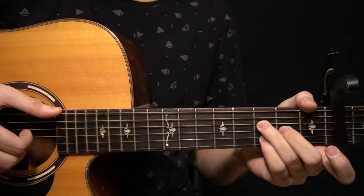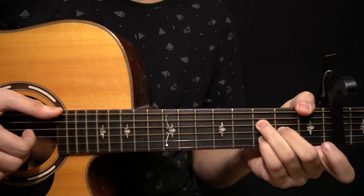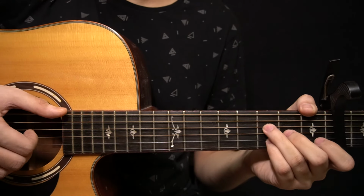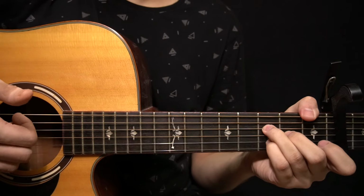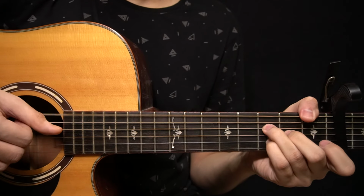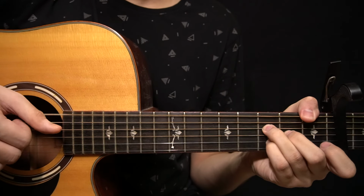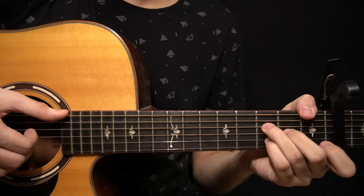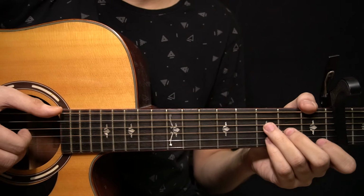So there you change the chord to this, where you're playing the first fret of the low E string with the thumb, the third fret of the D string, second fret of the G string, and the third fret of the B string. So the very first part on this chord sounds like this. So you pluck the whole chord first. You pluck the low E string, D string, G string, and the B string together. And then you play just the bass note and then the rest of the three strings. Like that. And then you slap and ring the chord. Like that. And right after that you have this,